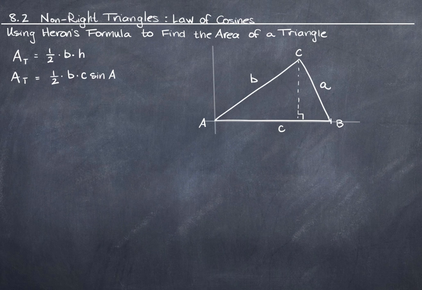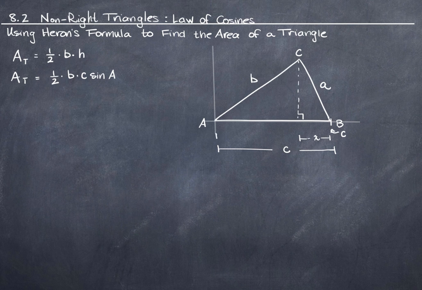I can put a mark here, and I can make the observation that this distance from here all the way to here is c. And that's because the length of this side is c. The length of this side of the triangle is c. So that's a length of c. I'm going to erase this c because they're the same thing and I need the space. And that means that this point right here, this x coordinate, if you will, is c. If I then take the distance from here to here and call it x,